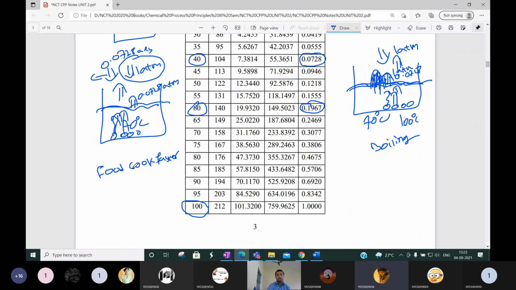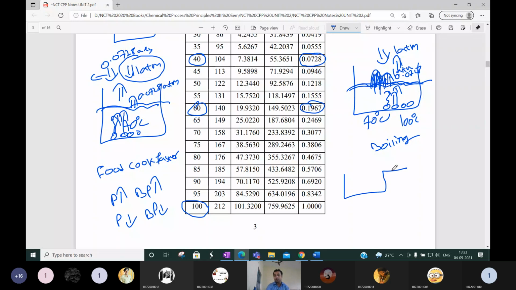Okay. Yes, sir. So according to this concept, you know that if pressure is increased, the boiling point will increase. If pressure decreases, boiling point decreases. Based on this vapor pressure I just explained. Okay, pressure means what? External pressure. External pressure is 1 atmosphere.